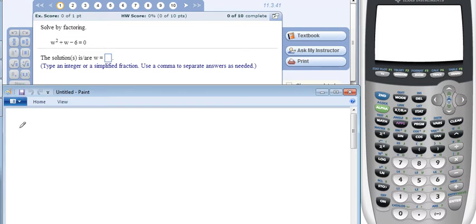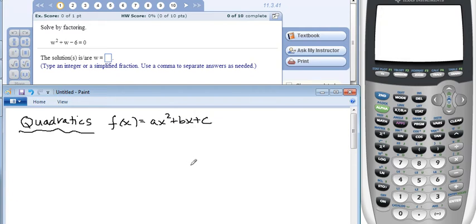Let's look. All right. Quadratics. I told you this is going to be all you wanted to know about quadratics your whole life and then some. Everything you were afraid to ask all your life. So our standard form of a quadratic, what is it? Ax squared plus bx plus c. All right? Now, when we have this thing set to 0, like we do up in here, when 0 is f of x, and we have